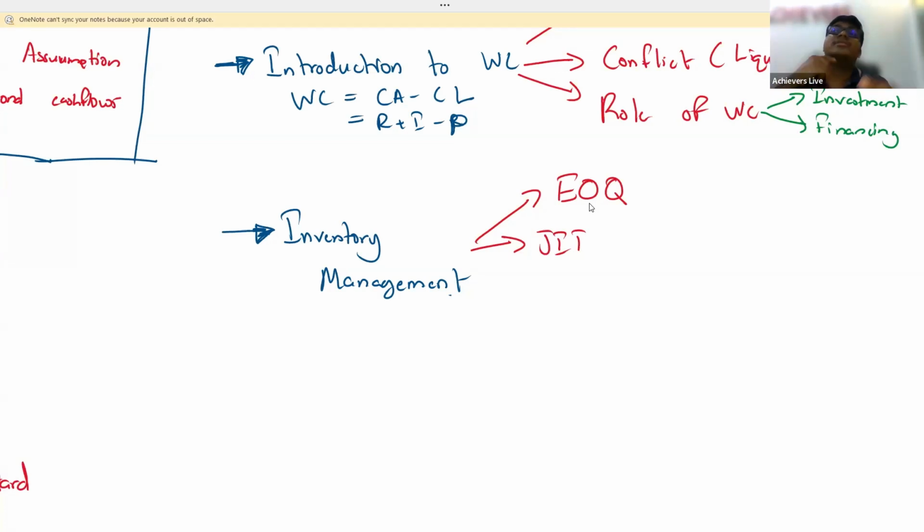So in order for this just-in-time inventory system to work, there should be certain things in the organization. What is that? You should have a small number of trustworthy suppliers. There should be less delays in production. There should be a small production run. Next, you should have a very good forecast of the demand. All of these are things which you should have in order for a JIT system to work.